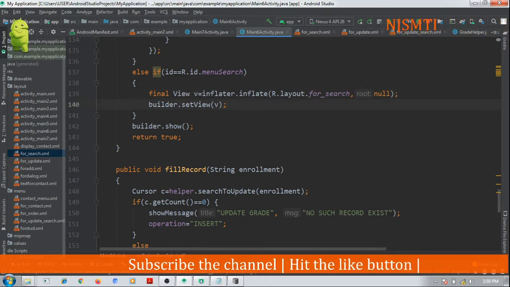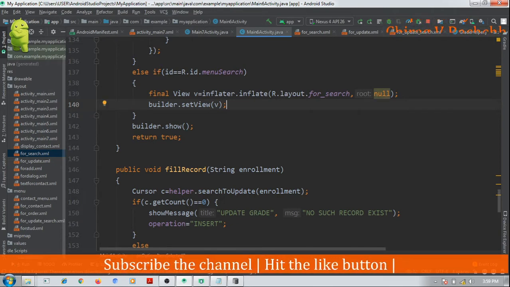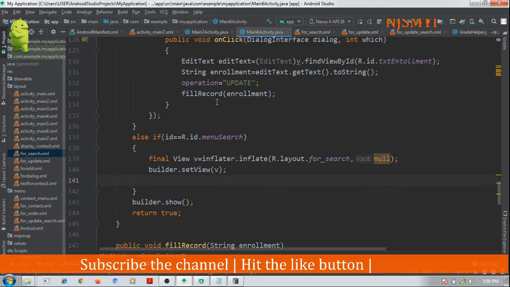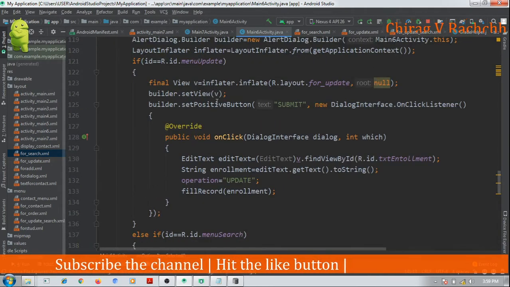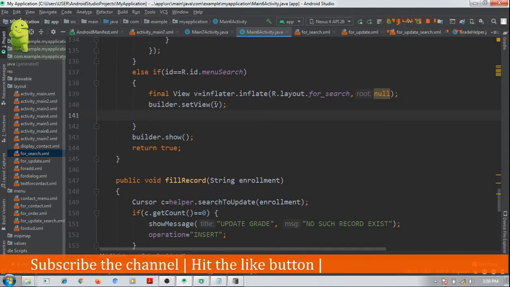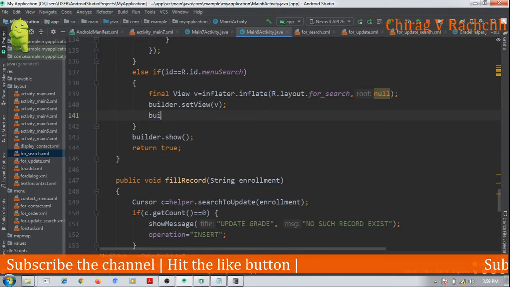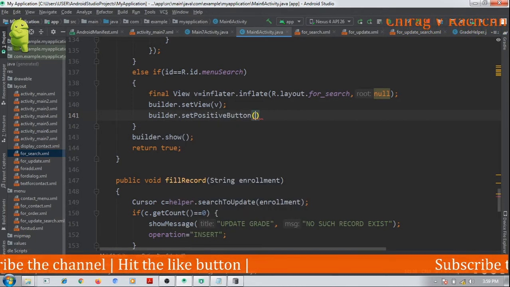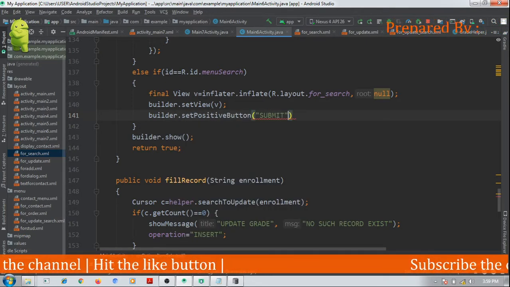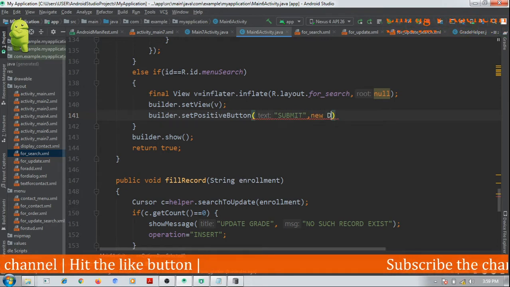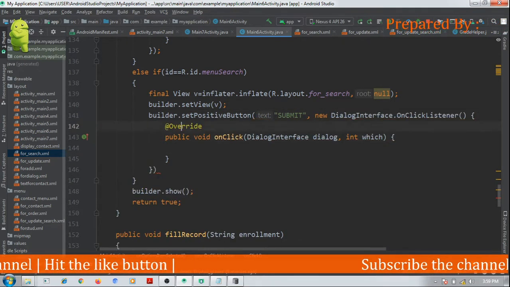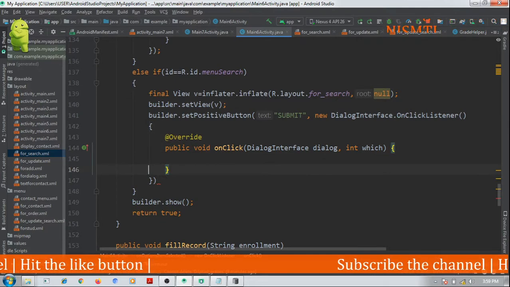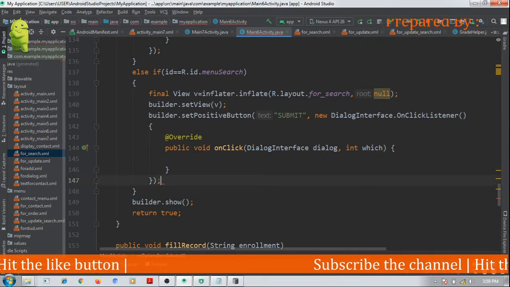Okay, we will set it to the view, and then set the positive button. Again builder.setPositiveButton, submit, new DialogInterface.OnClickListener, and finally a semicolon here.